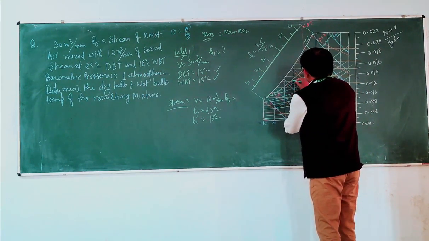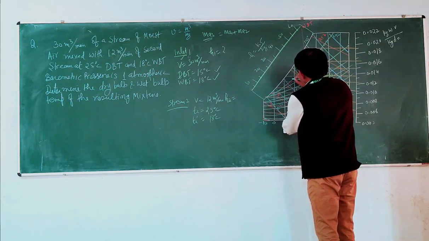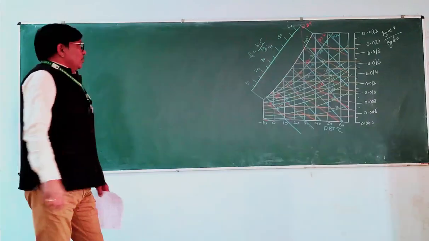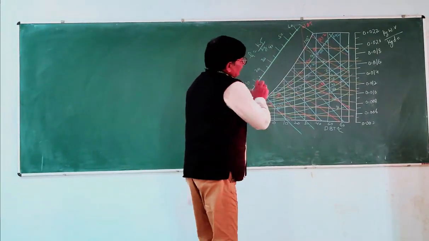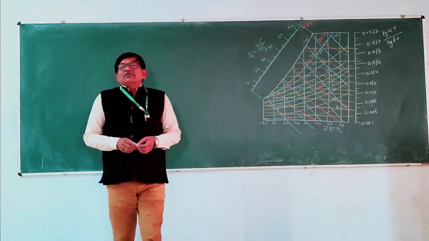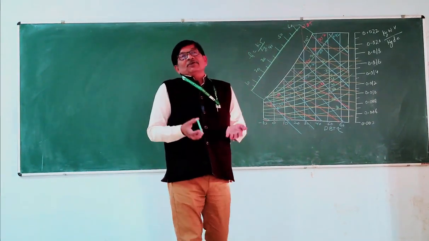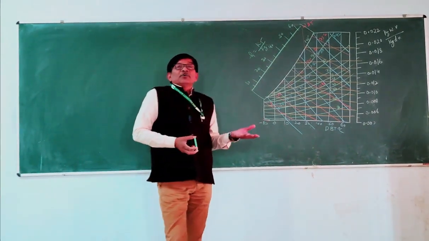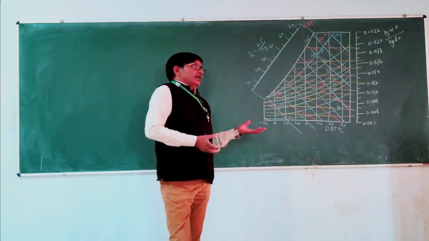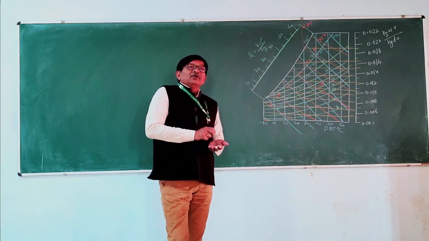So between this one you will find here value 15 and 20 here. So around spacing volume where 15, this line will cut here at this point and this point. This is a way of drawing a psychrometric chart, but in an actual problem you don't require to draw it, because you have psychrometric charts. You can't afford to draw it; it will be time consuming. From the psychrometric chart you can find out values.